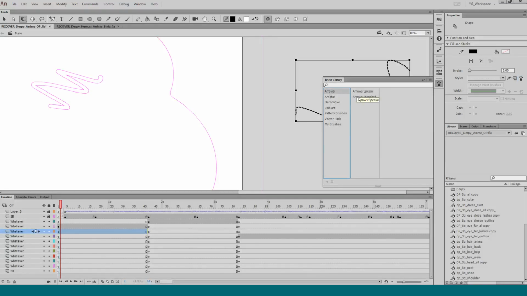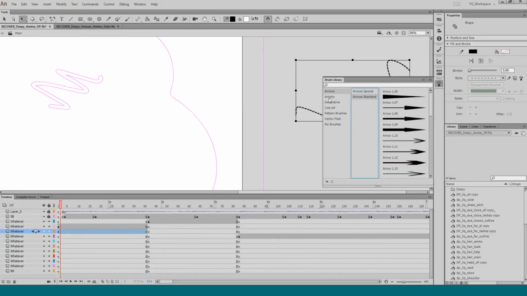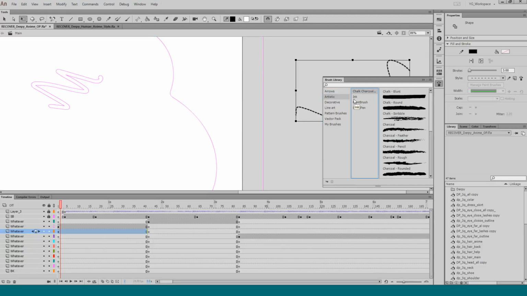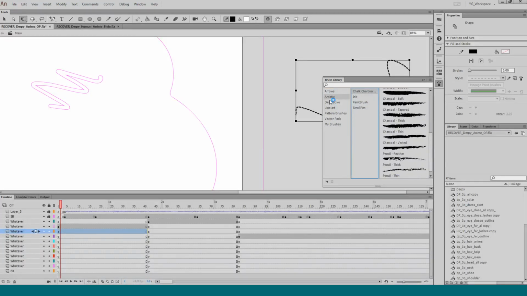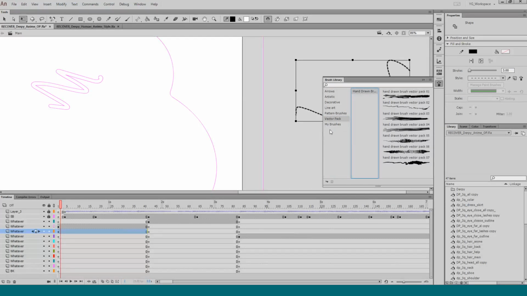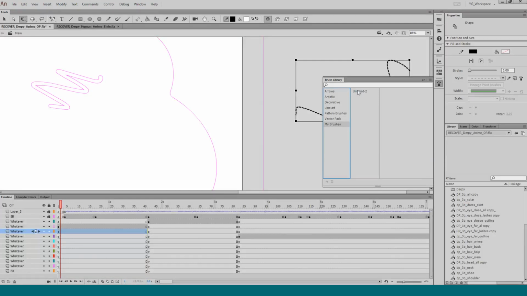We got arrows, and it loads in really slow, and these really fun ones like chalk. It has a brush that I'm kind of going for. Line art, basic, where it has different widths as you go. All this fun stuff that they added. I wanted to use the newest version of Flash or Animate, because it includes this brush library, which was actually a very new feature.